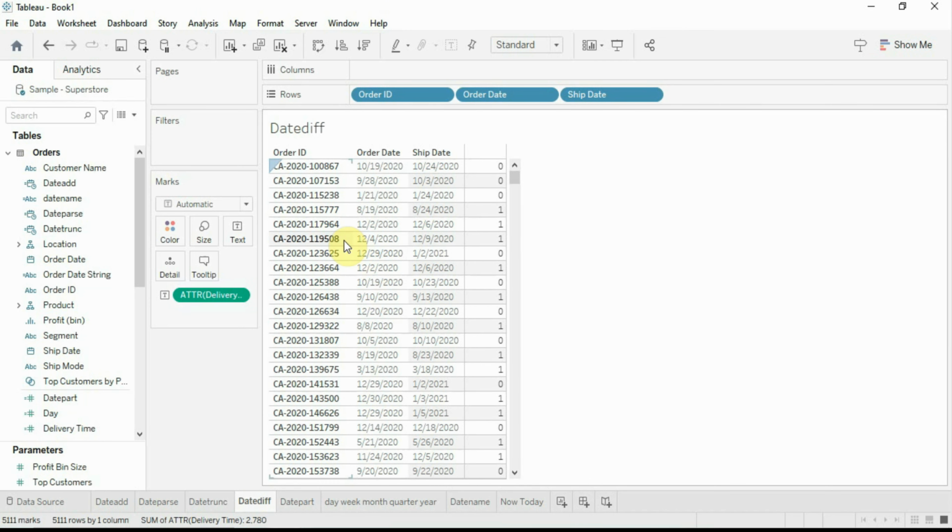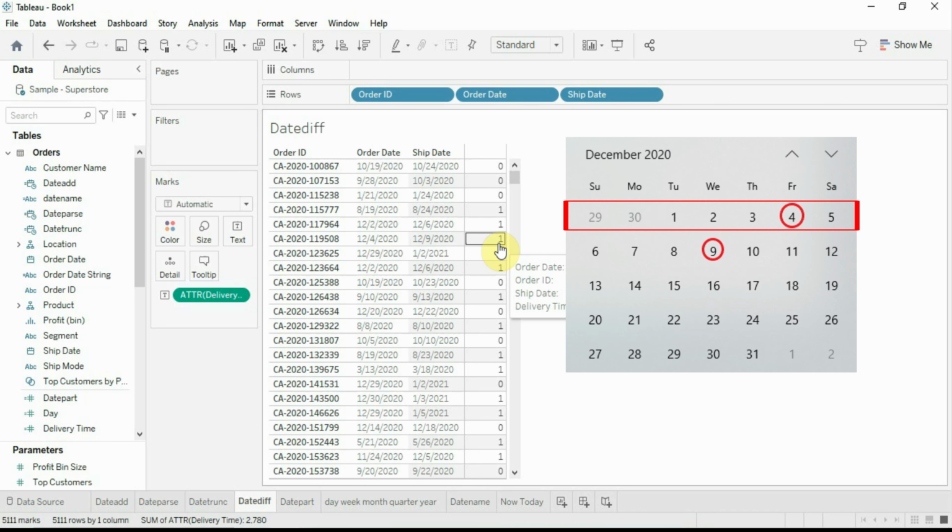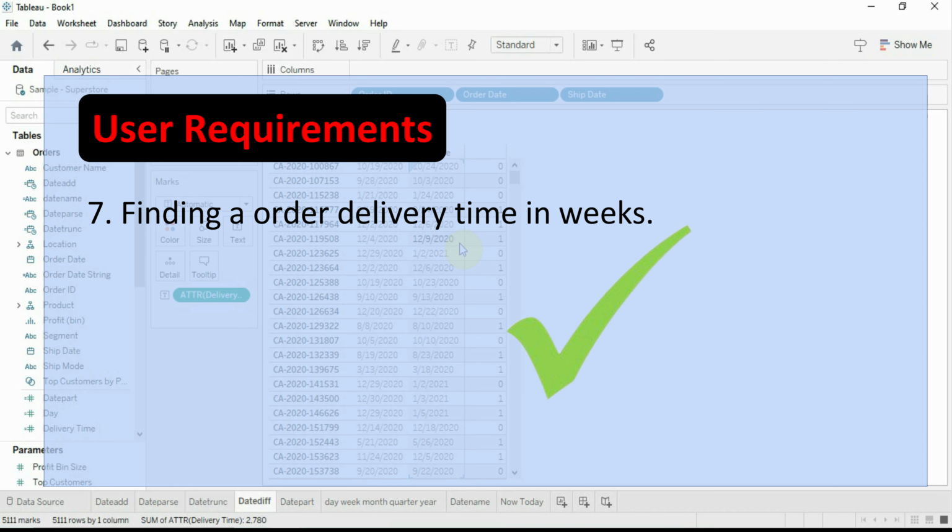Now order ID 119508 is showing 1 week. But still the actual time difference is only 5 days and it is showing 1 week. This is happening because we mentioned the date part as week and the week number of the order date and ship date is different. This way we have calculated the delivery time of each order ID.